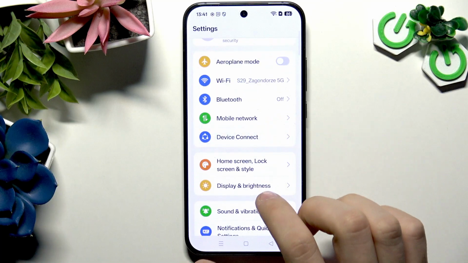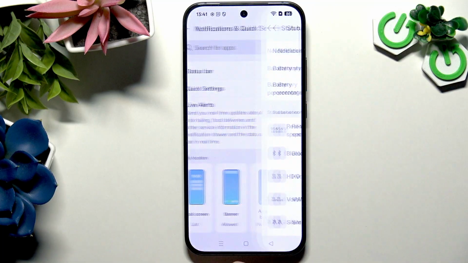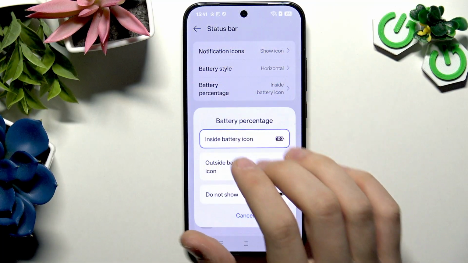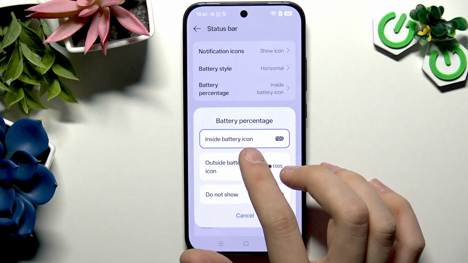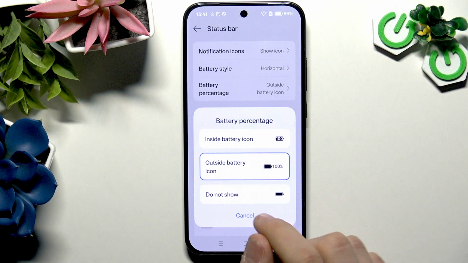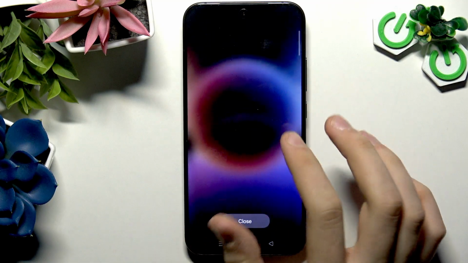Now scroll down here to the notifications and quick settings, tap status bar, battery percentage, and now here you have to have selected either inside battery icon or outside battery icon. So if you have it set and you still don't have the battery percentage, you need to go now to